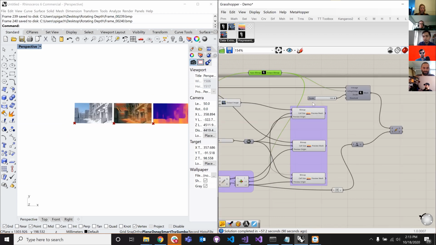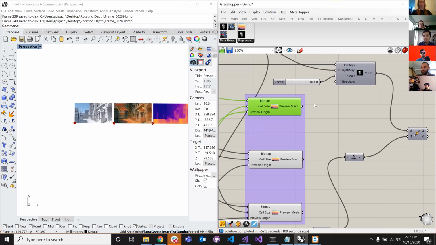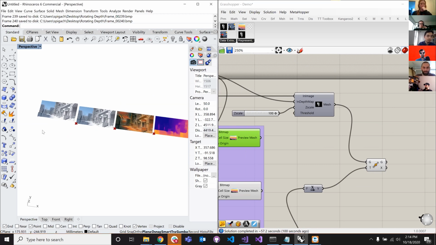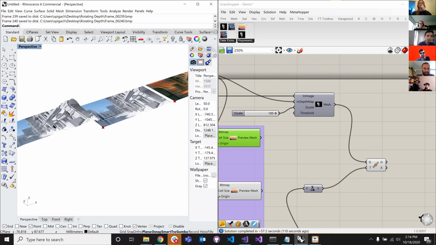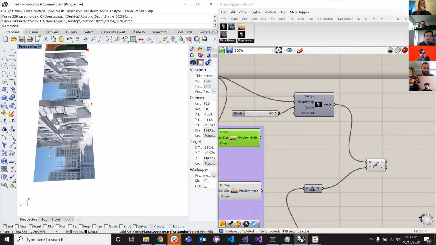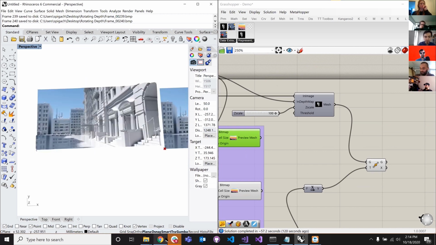And here we have some components for rendering those images to the screen. And then we have a component combining the two and trying to extract and remap that depth information into the 3D space. So that would probably best be illustrated with an animation that I can show you here.